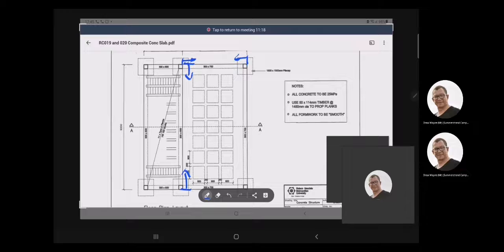Guys, I've just realized that I've made a mistake and that I have accidentally measured this beam